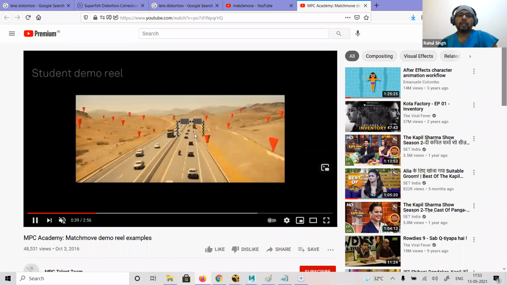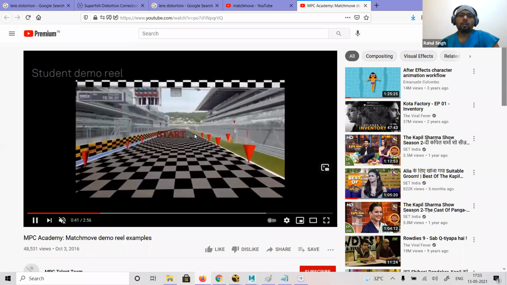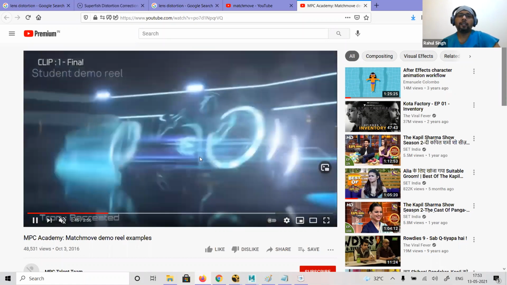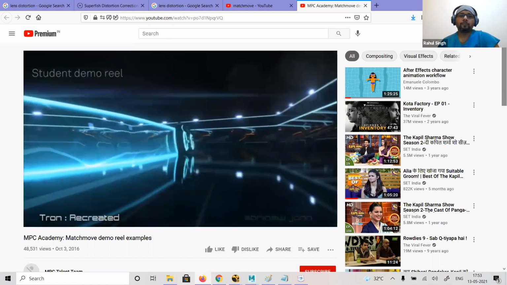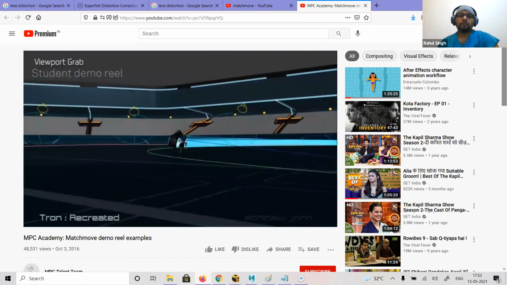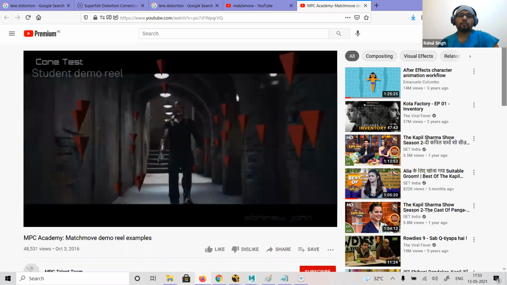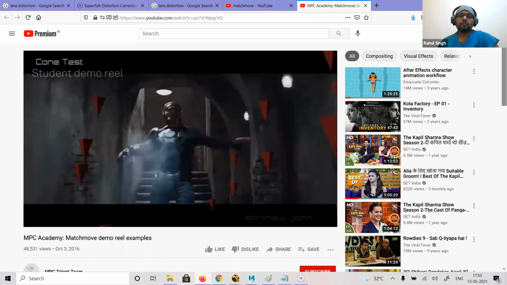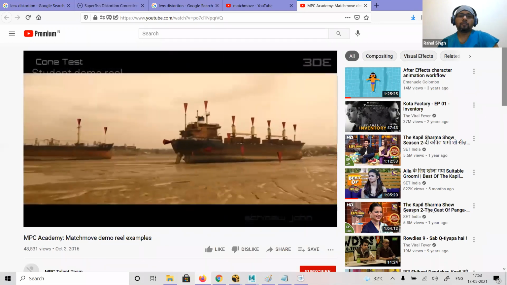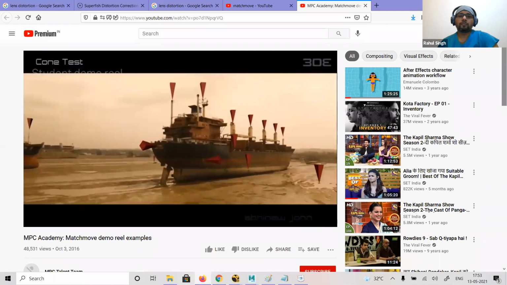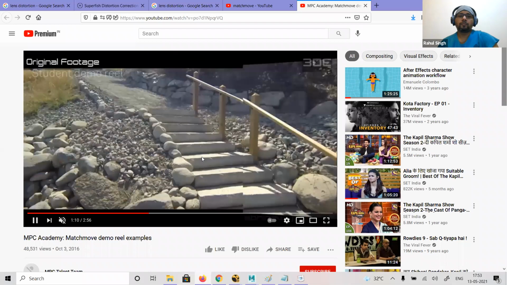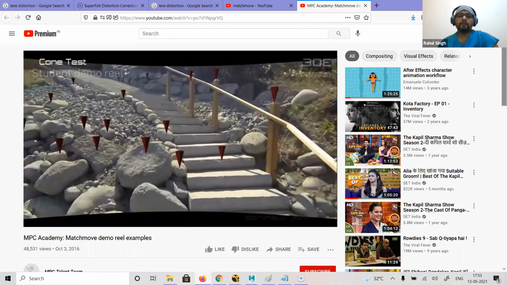Like this, many times what happens is that now here you can place any of the cars, right? There's a lens distortion correction.